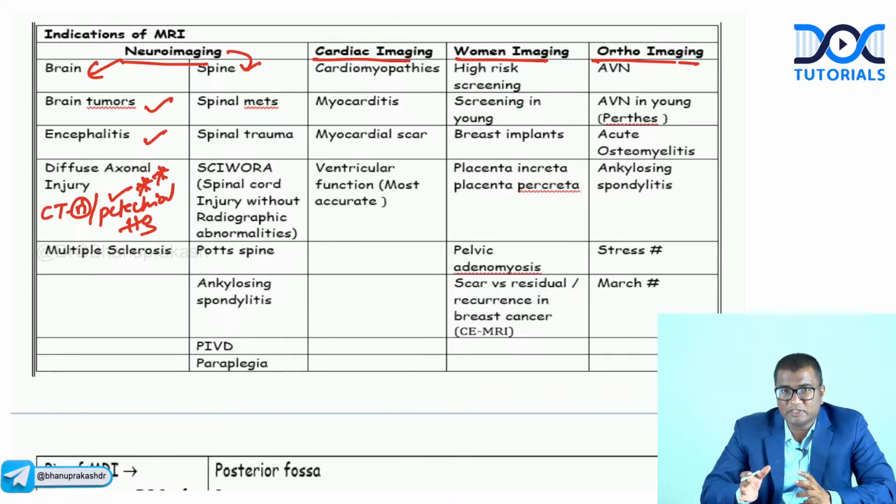So an unconscious patient after trauma, poor Glasgow coma scale after trauma, CT scan is normal or just shows petechial hemorrhages, it could be diffuse axonal injury. The investigation of choice is MRI. So even in demyelination disorders like multiple sclerosis, the investigation